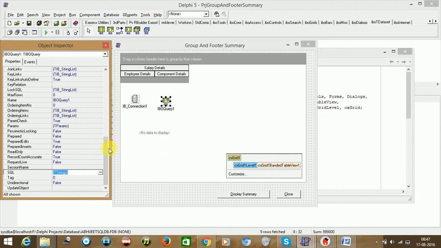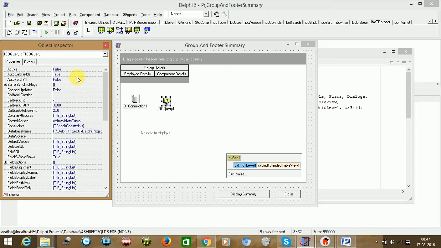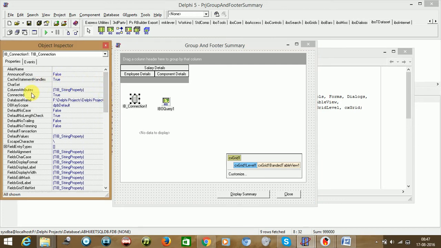Say OK. Now assign the IB connection component here, and set active to true. Yes, it's working, but make it false purposefully. Again come here and make connected false.